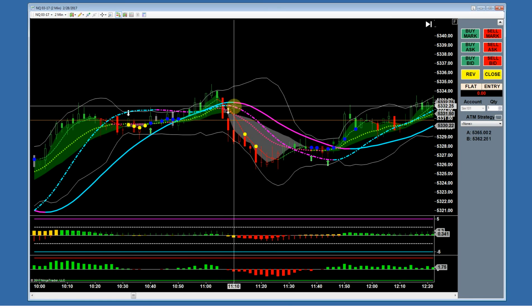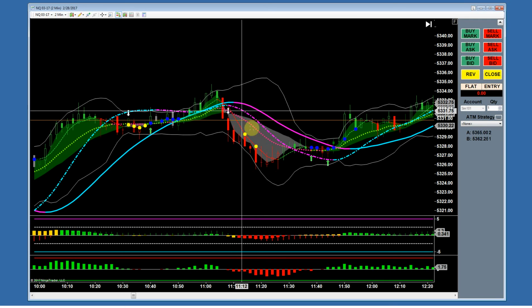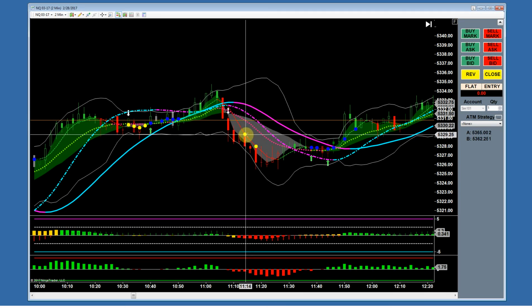Is there any question of that? No. Are they matching color? No. Is there any question that they're matching color? Is that a yellow dot you see in that line there? Because when that price hits that line, it's going to print a yellow dot, and I could go to this